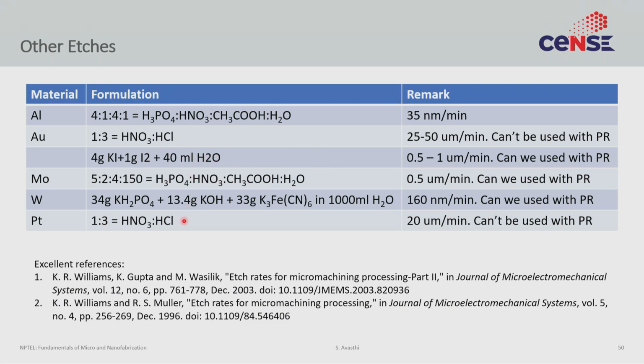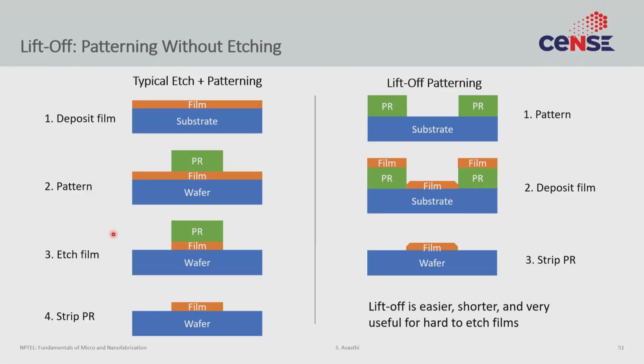Let me actually finish with something like platinum. Something like platinum is an example where you cannot etch it with any etchant that will not destroy the photoresist. So the only etchant available is aqua regia. Aqua regia is not compatible with photoresist, so you cannot pattern and then etch metals. So if that is the case, how at all do you pattern those metal layers? So what you do is something called lift-off. So in 2-3 slides, let me just talk about lift-off.